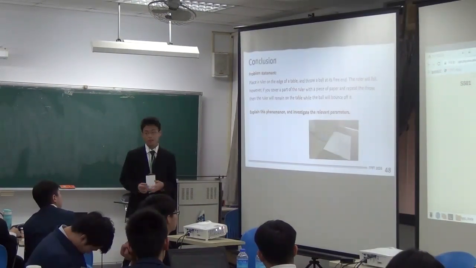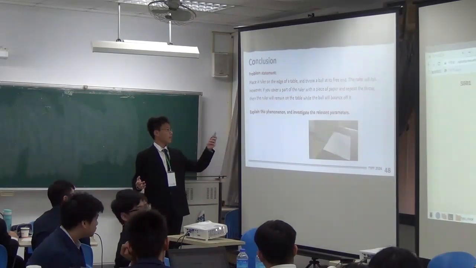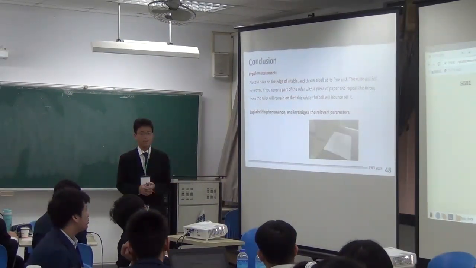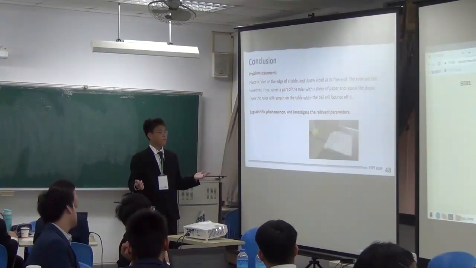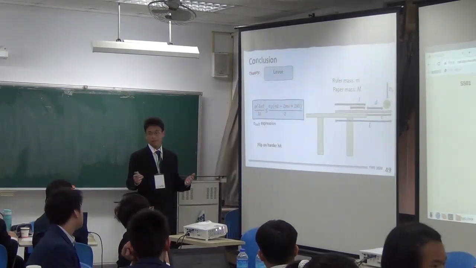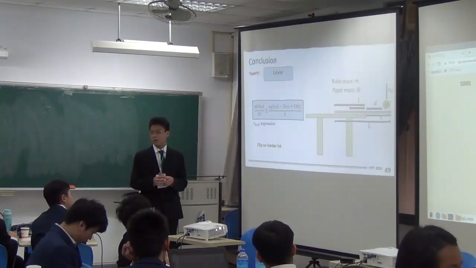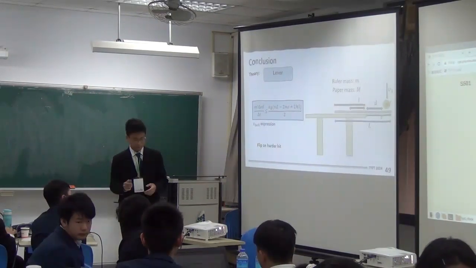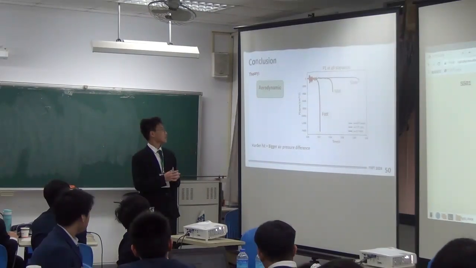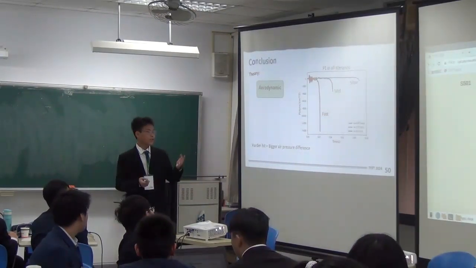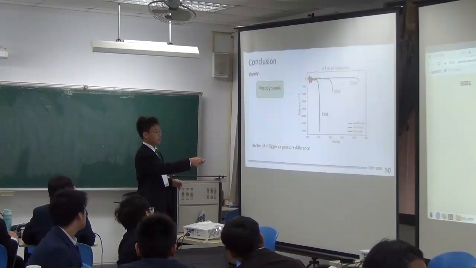So here's the conclusion, and the problem statement is that I have to explain this phenomenon, investigate parameters, and show that covering a paper would prevent it from falling off. In my theory, the lever part, I talk about the torque expression, and then it will flip easier. My next theory is aerodynamic, and we can see from this chart the time to pressure